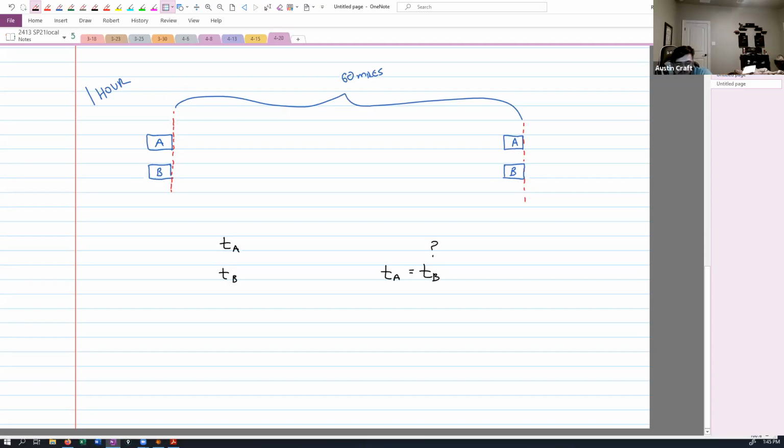I put no. There is a possibility. Does it matter the placement? Like say A was ahead at the same time? How can they be ahead? But I don't know. The question is just, does it happen at the same moment in time? I think so. Austin, what do you got? I put no on the poll, but I think it actually does. The more that I think about it too, I think yes.